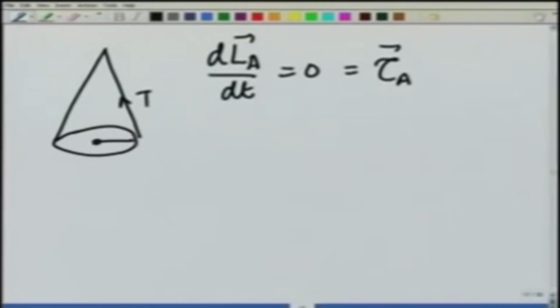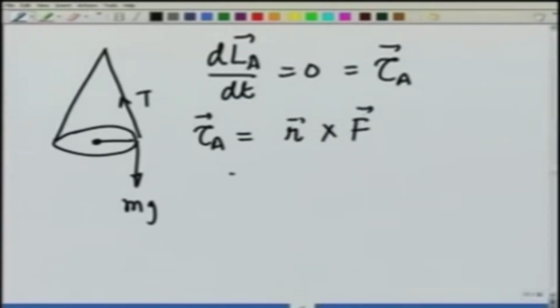Let us calculate torque about point A, and I am using a strictly mathematical definition, r cross F. R is nothing but L sin theta in the r direction, cross F, which is nothing but